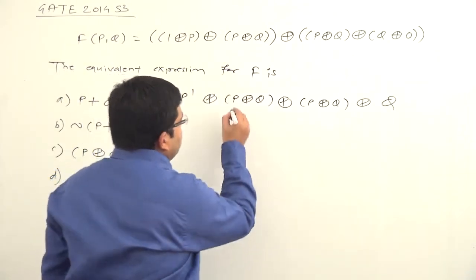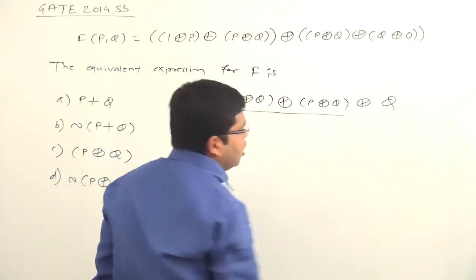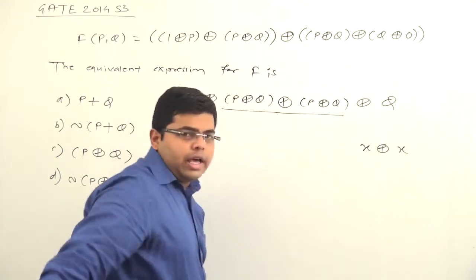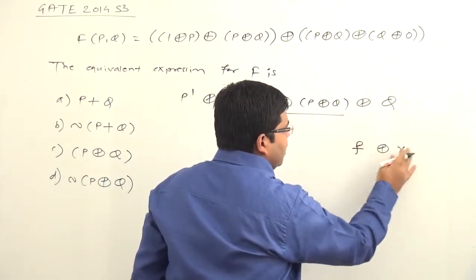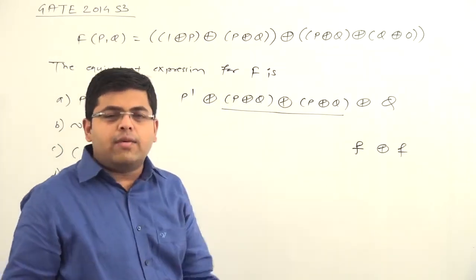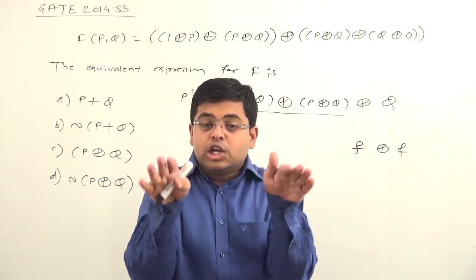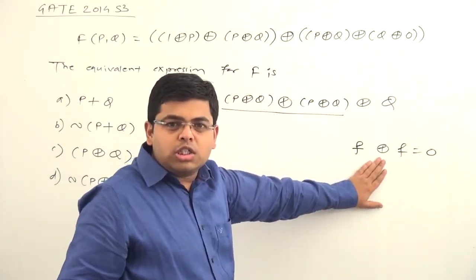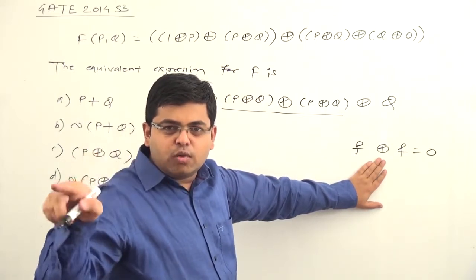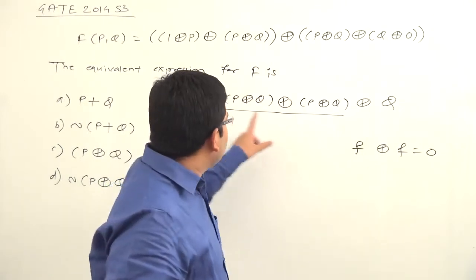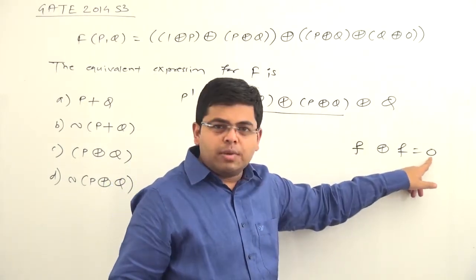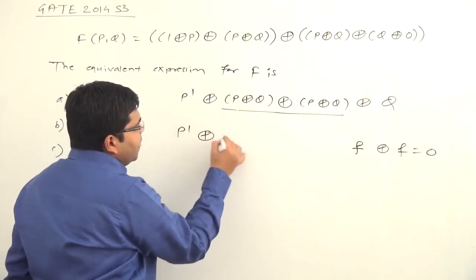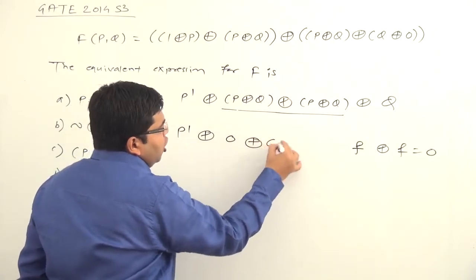After that, if you observe, this is P XOR Q XOR P XOR Q, and it is of the format X XOR X, or what we can say, a formula XOR the same formula. And we know whenever you XOR two similar things, the result will always be 0, because XOR is an operator which wants dissimilarity. 0 1 1, 1 0 1, 0 0 0, 1 1 0. Now here both the sides are same, and that is why the XOR will be 0, and therefore after simplifying this, our expression will become P dash XOR 0 XOR Q.